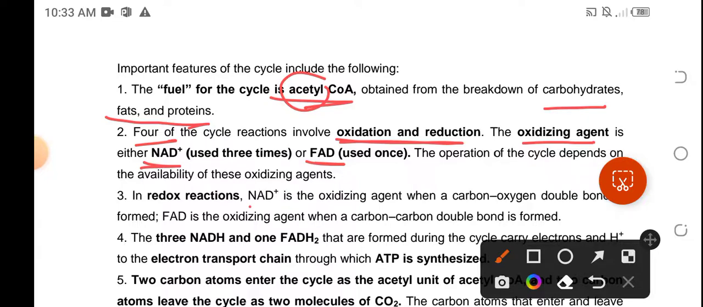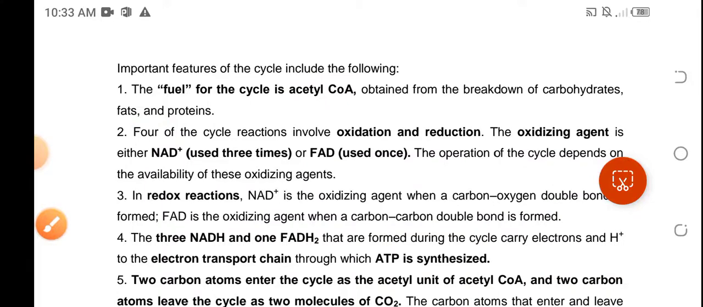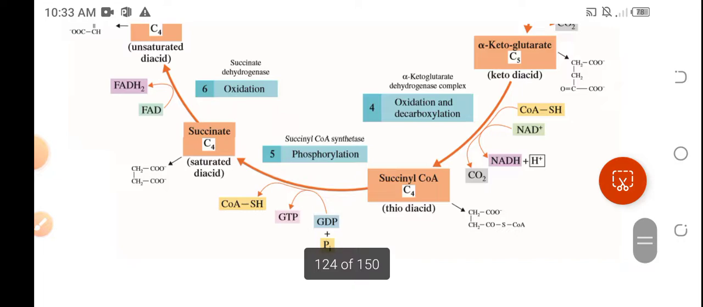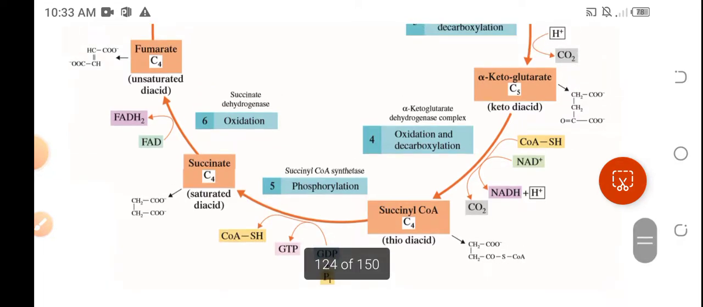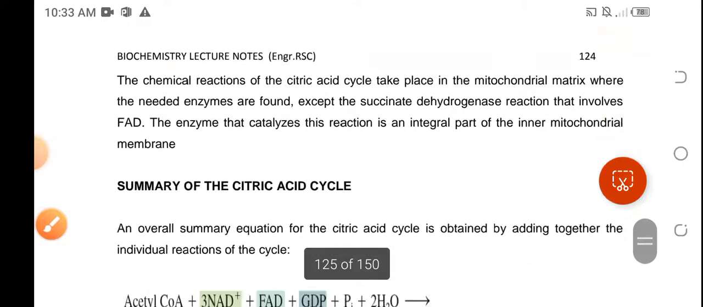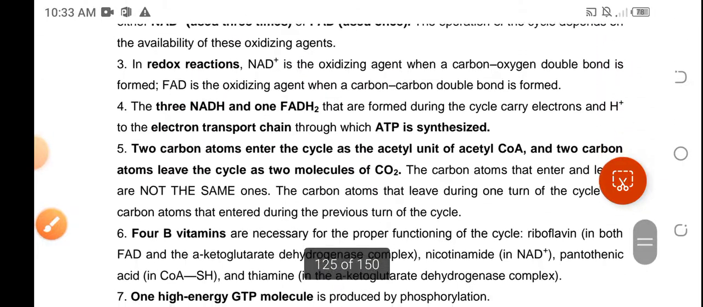And then in the redox, the NAD is the oxidizing agent, okay, wherein the carbon oxygen double bond is formed. And then the FAD is the oxidizing agent wherein the carbon to carbon double bond is formed. Okay, kaya nga dito sa ating, okay, balikan natin dito, nagkaroon ng unsaturated ito. Ito yung sinasabi nilang pag gumamit daw FAD, merong carbon to carbon double bond formed. Okay? And then we have,